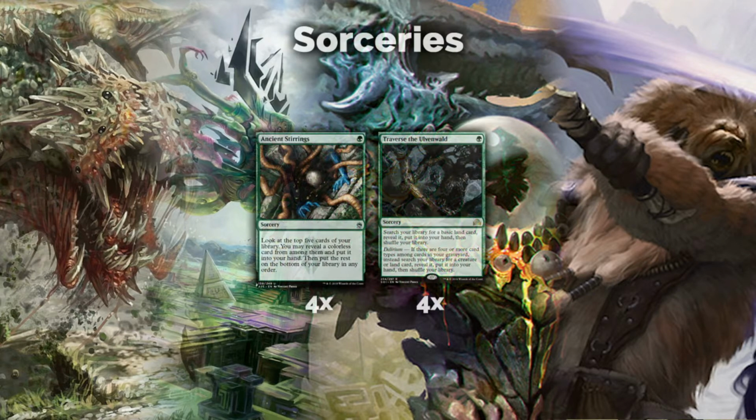Moving on to sorceries, you have a 4 of Ancient Stirrings and a 4 of Traverse the Elvenwald. For me, these are things that the sorceries in this deck don't get touched. You have a 4 of both, and they stay 4 of in every game. You never remove Traverse, you never remove Ancient Stirrings, to side in a card from your sideboard. Starting with Ancient Stirrings,